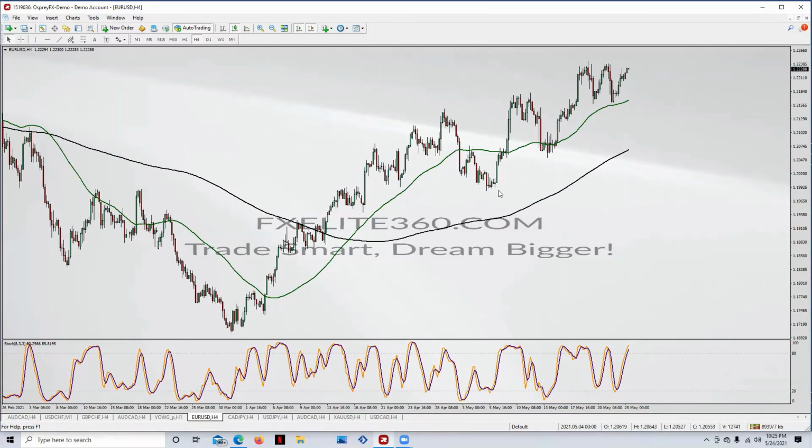Also, if you haven't noticed, we've been riding the 55 moving average since this whole trend. We did a false break over here, but we came back to it and kept riding the 55. You could see every time price came back down, it was on the 55 right here. So it's a possibility we can come back again and hit the 55. The question is, when is it going to break? I don't know. If it breaks, this will turn into a swing trade, and then we'll probably see a massive fall, maybe until over here.